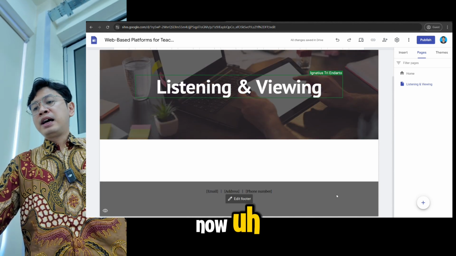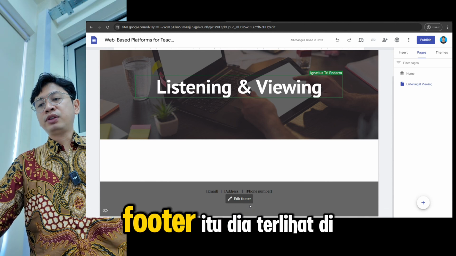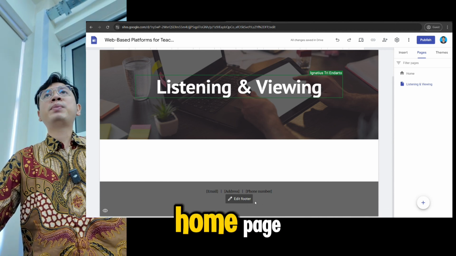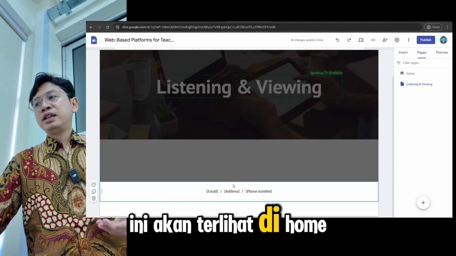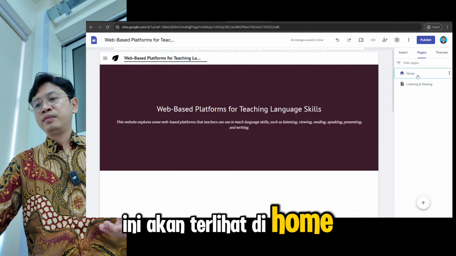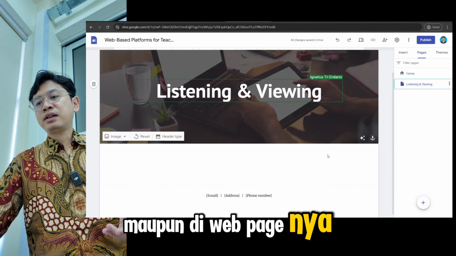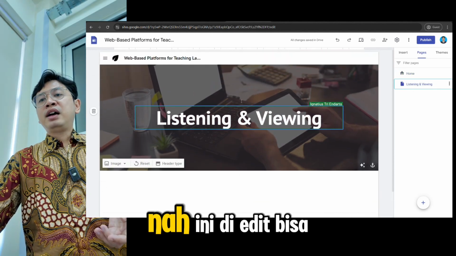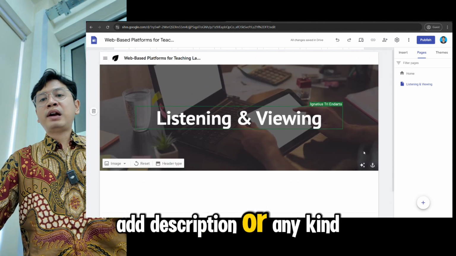Now, if you need to edit the footer, you can do it right here. The footer is visible on the homepage and on all web pages. You will see it on the home page, and also on the web pages, as the name footer suggests. It can be edited. And then if you want to add a description or any kind of display,